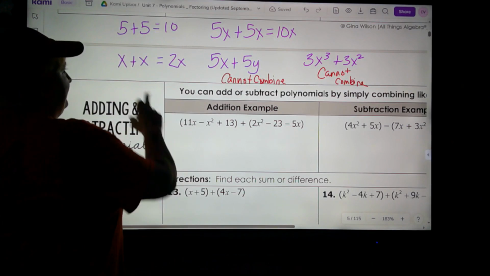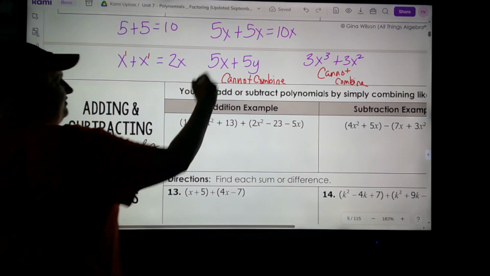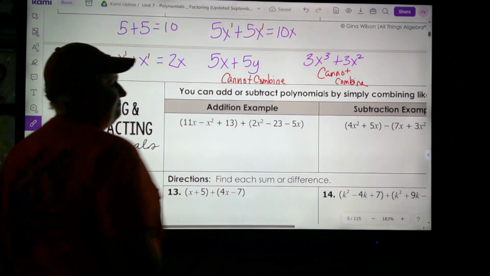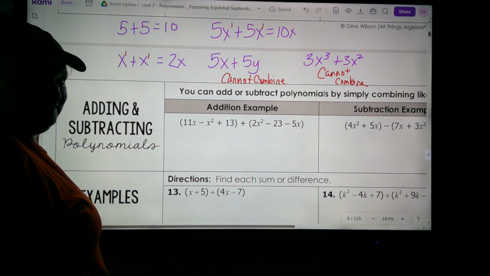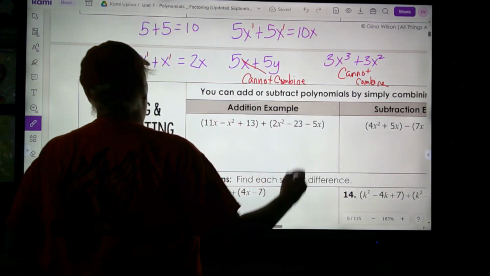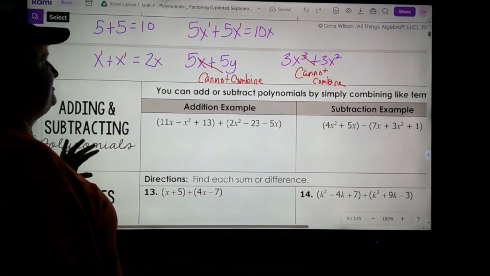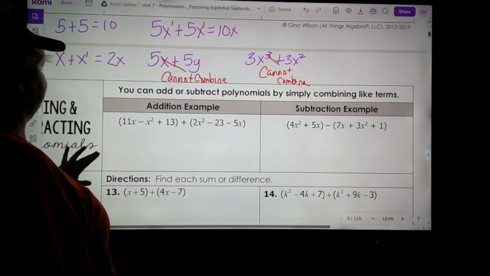Right? So these can be combined because they both have the invisible 1. These can be combined because they're the same variable and the same exponent. These cannot be combined, and these cannot be combined. Now let's use this knowledge. Alright, so